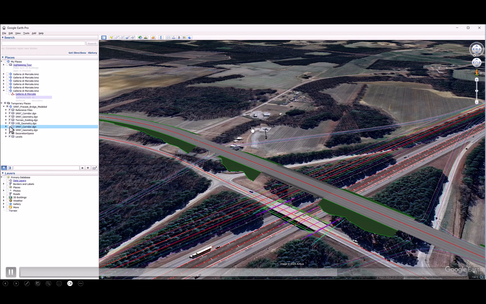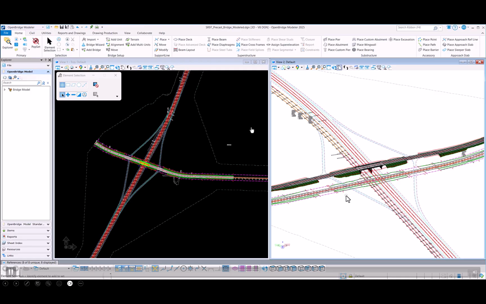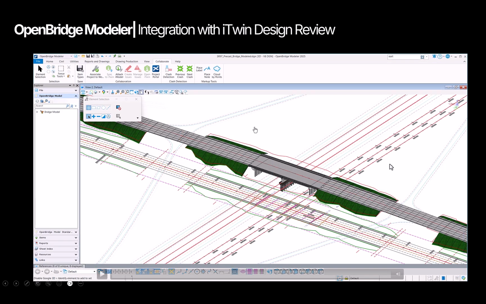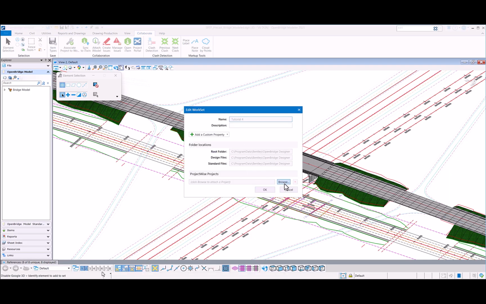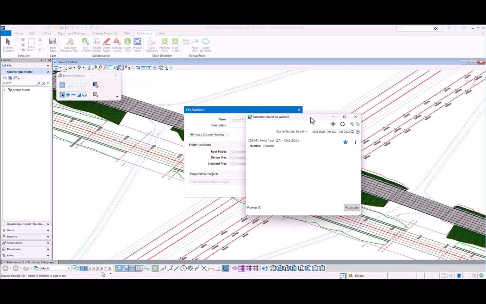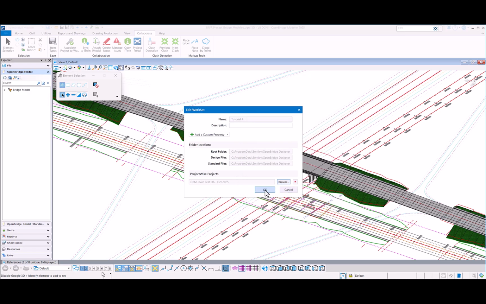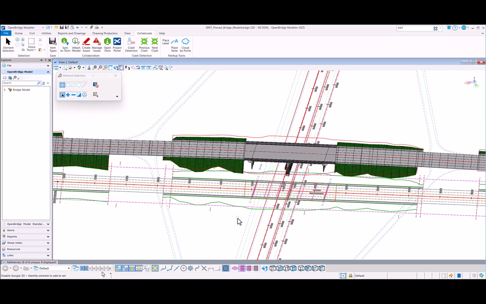But now, if we want to achieve full collaboration, then we can generate what is called a digital twin. In Bentley, it's called an iTwin. So our design project is connected to the cloud, to the Bentley infrastructure cloud, and the design that we're working up to the last minute